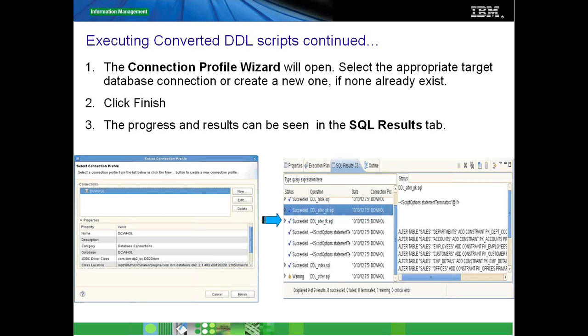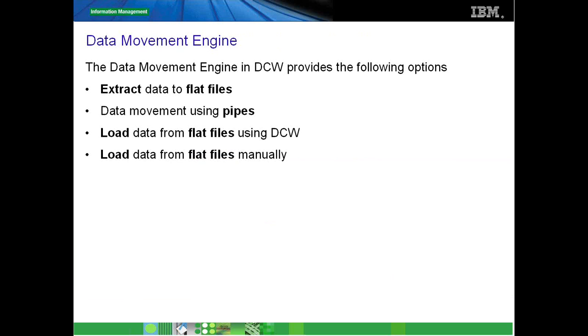Finish, on which the DDL, the SQL file which was generated, the code gets executed on the target database which is selected. And the results are again available for you to see on the results tab, the SQL results tab. So you know which objects are getting registered and which ones are not. Right? So that's fairly straightforward. You have DDLs and all your business logic, user-defined functions, stored procedures, all of them taken care of by the evaluation